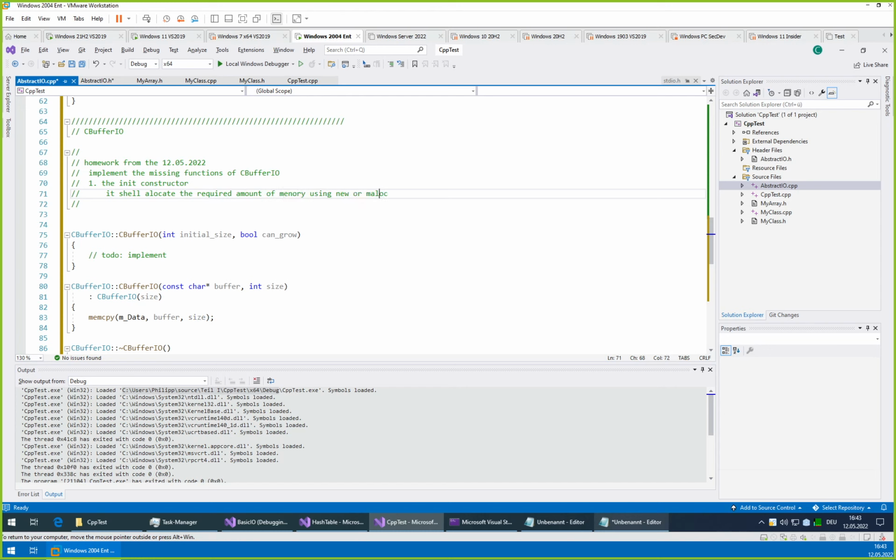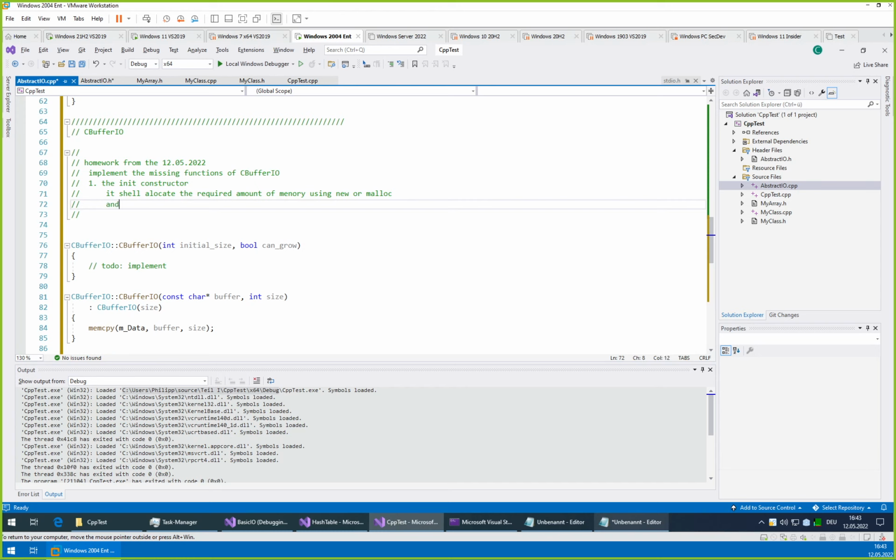You can pick, I think it's double L. Analog. Appropriately, okay. 2.